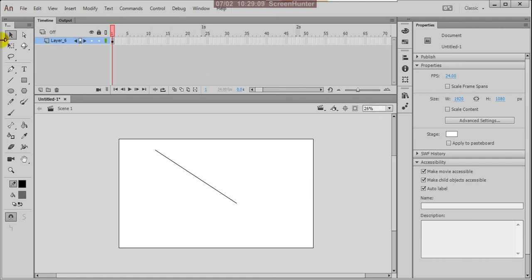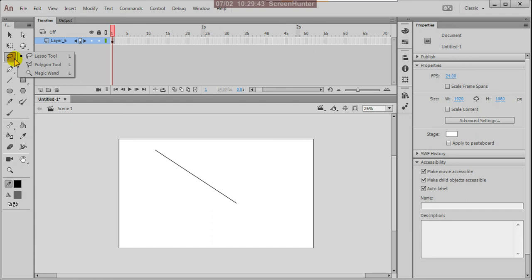Here these are tools, different kinds of tools. I told you this is an animation software, so there are different kinds of tools here. Selection tool, sub-selection tool, and here the free transform tool. Within that we have the gradient transform tool, hidden tools, and here we have the 3D rotation tool and 3D translation tool.